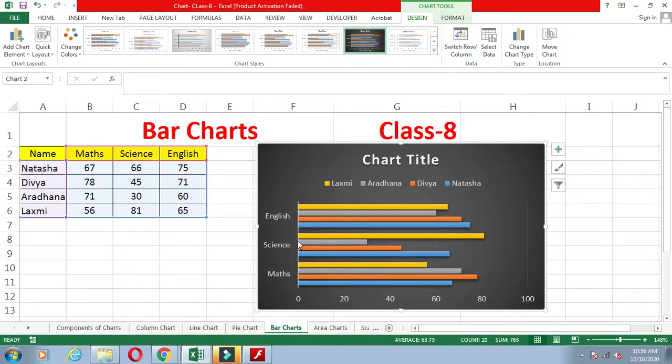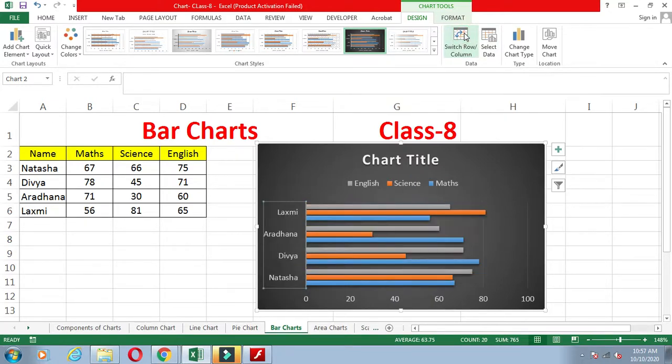If you switch row and columns, you can click on switch row. The same data will be displayed again here and you can change it. This is called a bar chart.